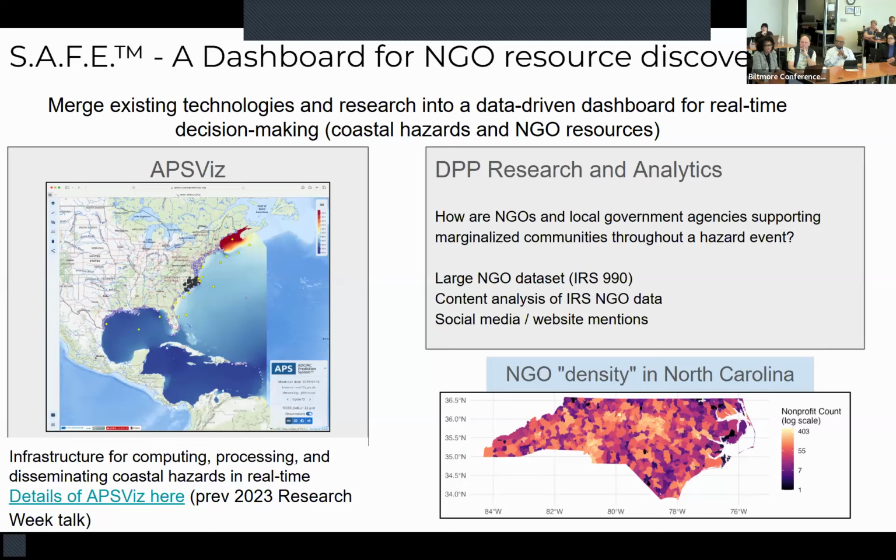Why this is important is that just by looking and referencing this map, we can identify the places that may have the best NGOs poised to support the communities that may be off the grid. This is especially important as we're thinking about Hurricane Helene, when conversations at the state and federal level were unable, and unaware, didn't know who was in certain places within the rural part of our state. Please, next slide.